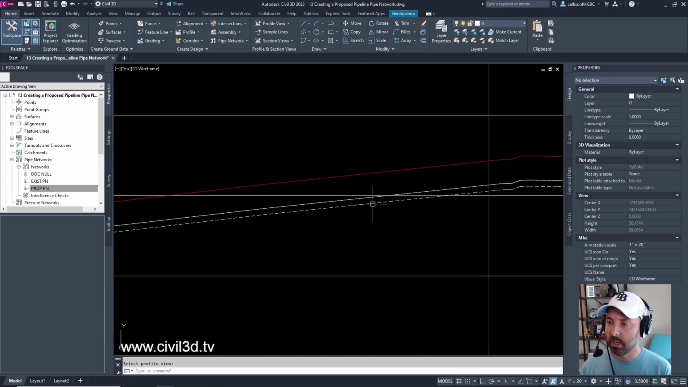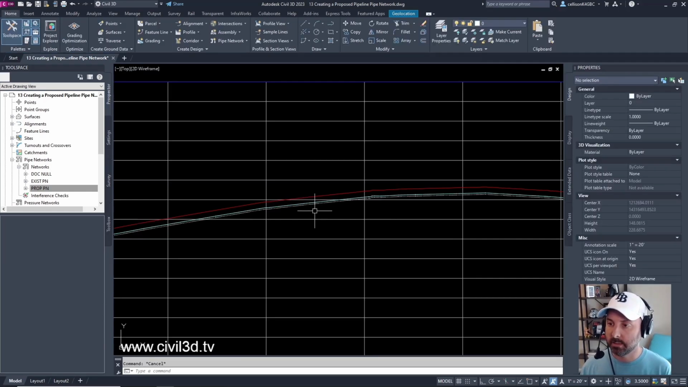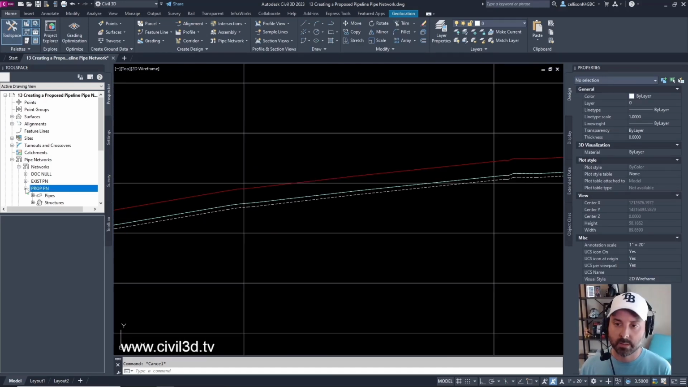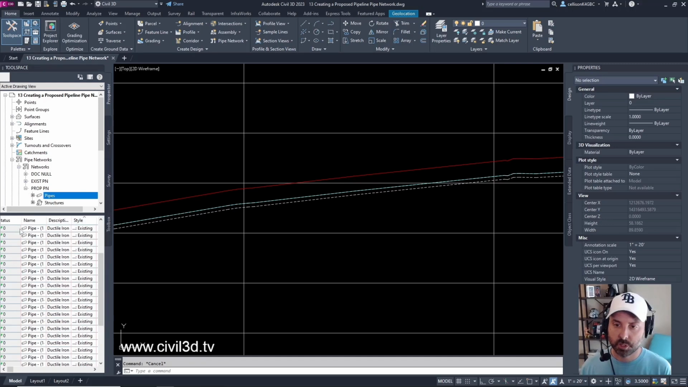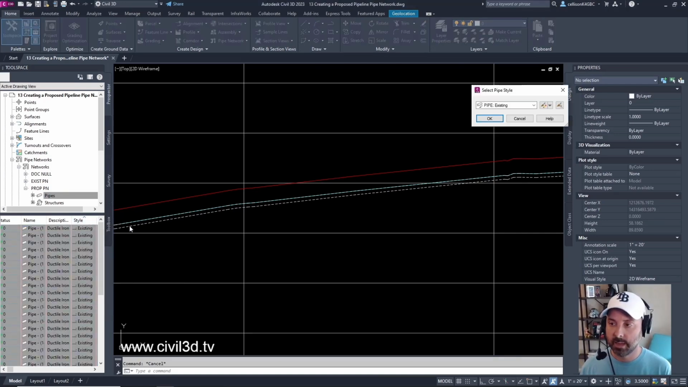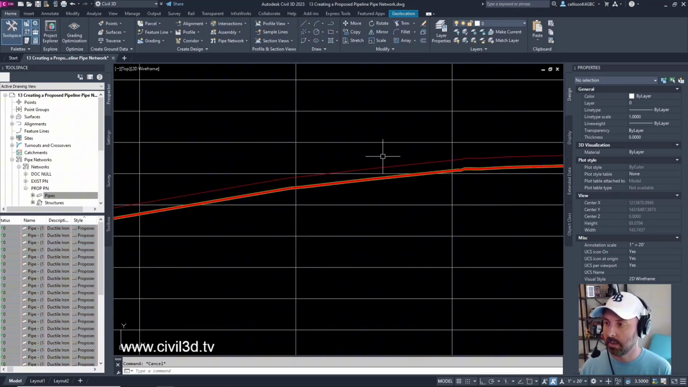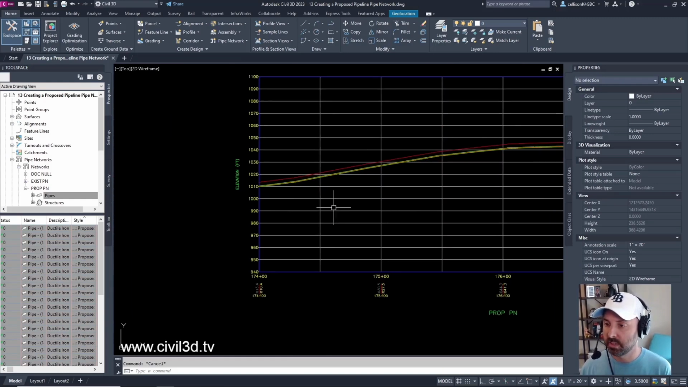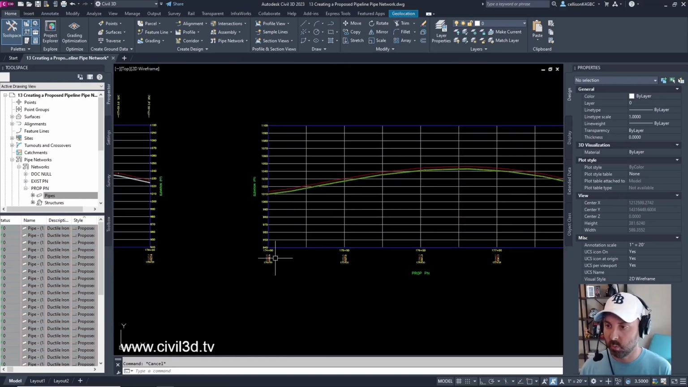And as of right now, it looks like we just have an existing pipeline, but if I expand my pipe network, select pipes, I'm going to change the style of my pipe. I'm going to select Control A to select all. I'm going to right click over style, select edit, change it from existing to proposed, click OK, and now we have a proposed inline replacement from 174